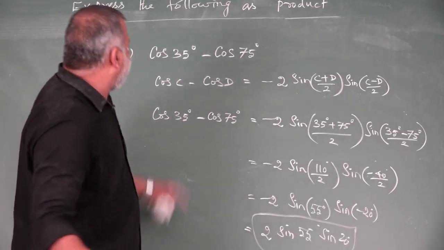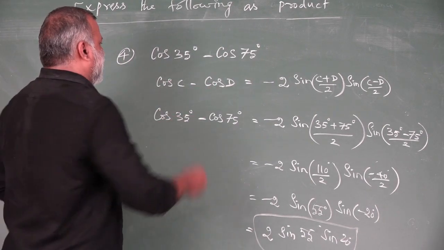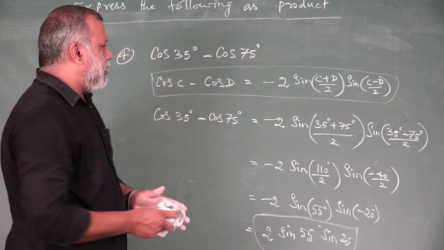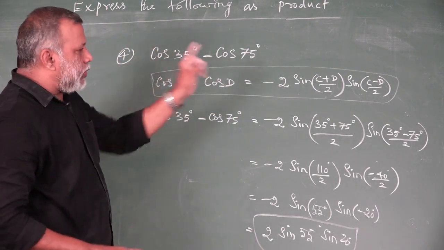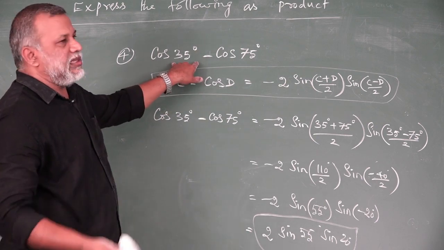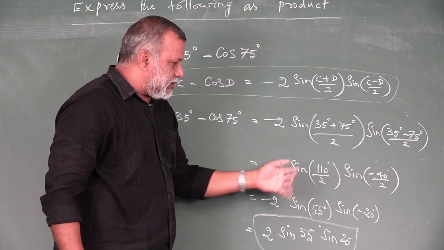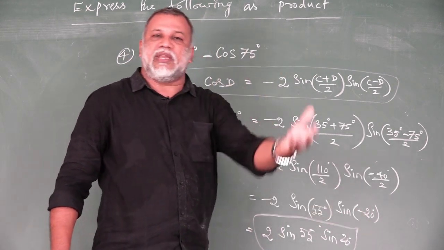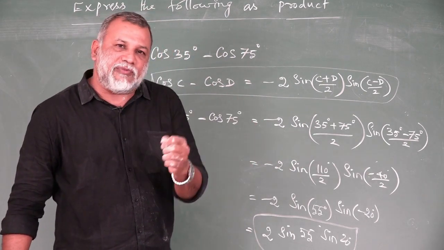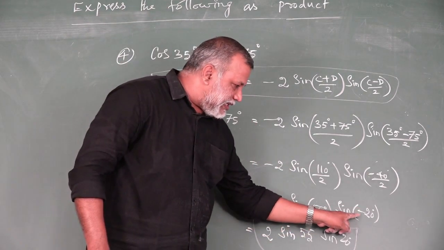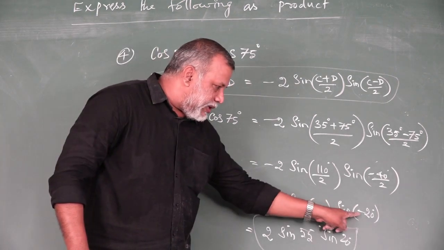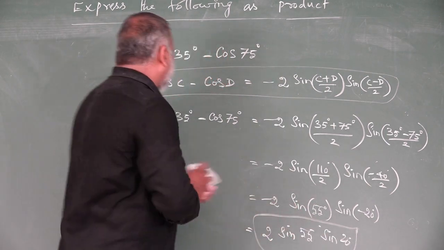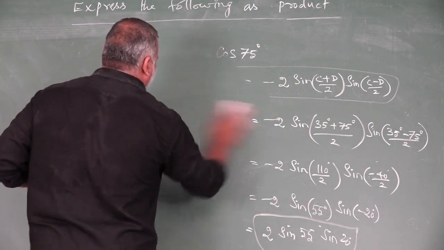This is the given data, cos C minus cos D. So relate everything with the standard formulas. We have many formulas. Already we worked out everything. Just use the concept given, cos C minus cos D. Relate with this, then substitute, simplify. Then carefully watch this one. Sin having negative, sin emits the negative. That is called sin of minus theta. Sin of minus theta means minus sin theta. So this negative will come out. Already we are having one negative, here one negative, it will become positive. So 2 sin 55 sin 20. This is question number 4 in this model.